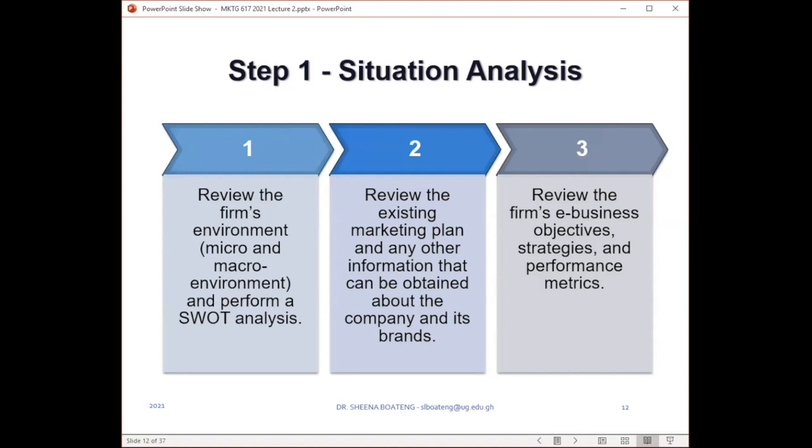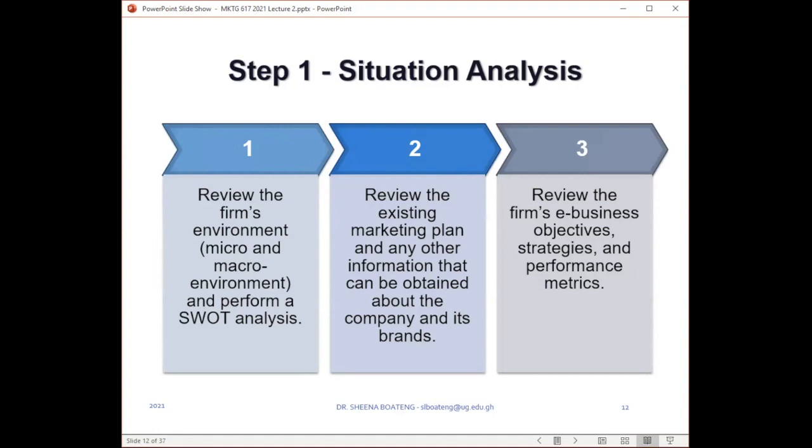So indeed, it is important to review the firm's existing marketing plan, as well as any other information we can get about the firm's operations and its brands. All of these will influence significantly how we go about putting together the marketing plan. Lauren says the already existing plan shows you what has already been done and tells the direction the firm is headed in with regards to their e-marketing plan. Exactly. So with that information, you can be able to ensure that the plan that you are developing to manage the e-marketing activities is going to contribute directly towards helping to achieve this overall marketing plan, which you already know exists.